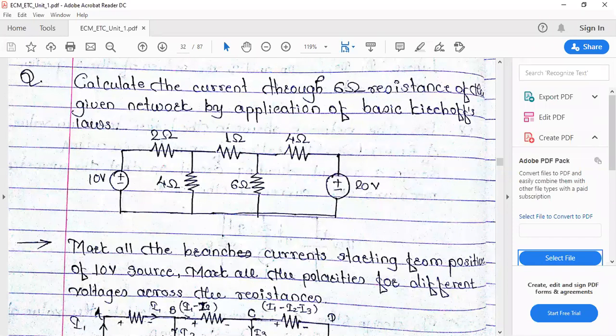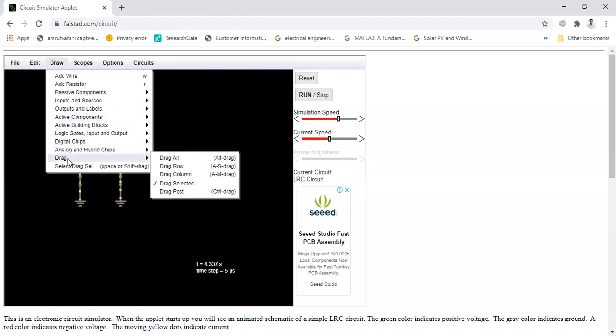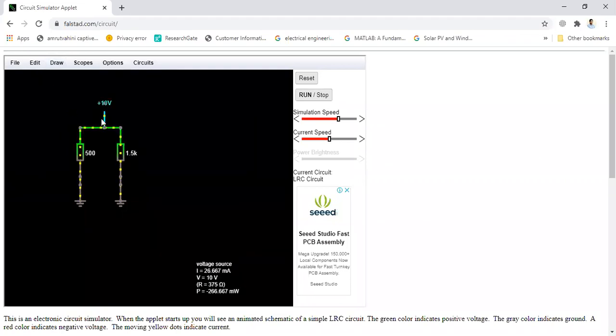So I'm going to start with pulsestart.com again, drag selected. Right now I'll clear my screen. We require resistors. I already have 2 resistors available.